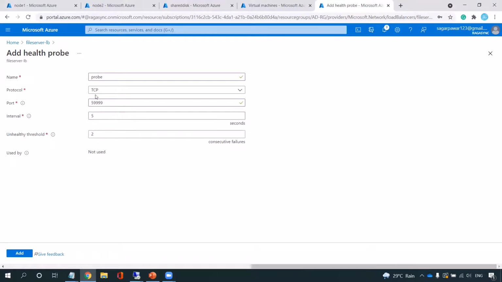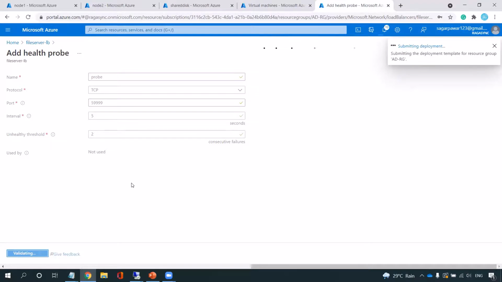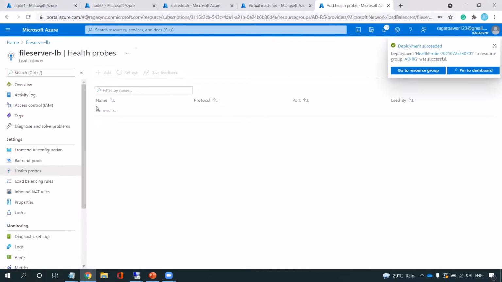This health probe will keep checking your node 1 and node 2. Now the health probe is ready.